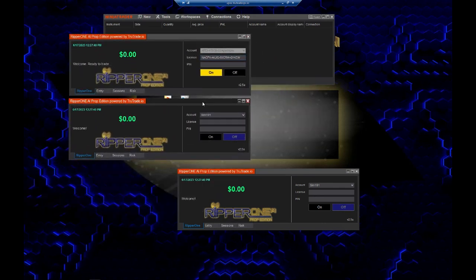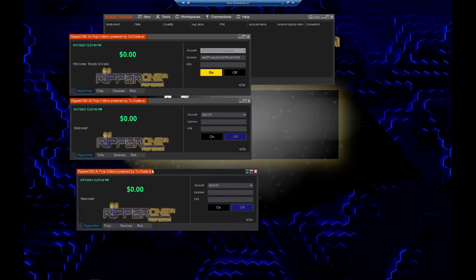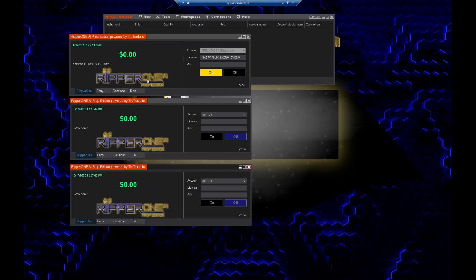Now, this is extremely powerful because it does everything a trade copier does and more. So a base trade copier is just simply going to route the orders. Let's say you're copying this account to 5 other prop accounts, and this is trading 5 contracts. Then all of these will trade 5 contracts. But this goes a step further.